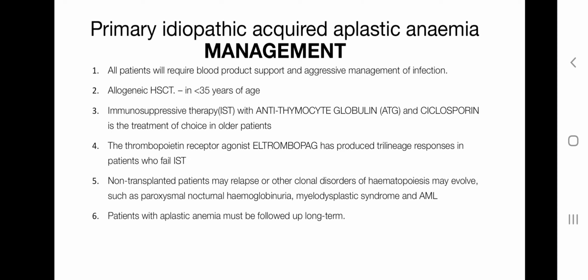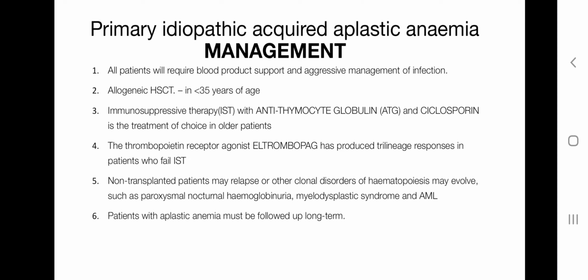In patients under 35 years, the treatment of choice is stem cell transplantation. The thrombopoietin receptor agonist eltrombopag has produced trilineage responses in patients who fail immunosuppressive therapy. So in patients in whom immunosuppressive therapy fails, a trial of eltrombopag can be done. Non-transplanted patients may relapse, or other clonal disorders of hematopoiesis may evolve, such as paroxysmal nocturnal hemoglobinuria,